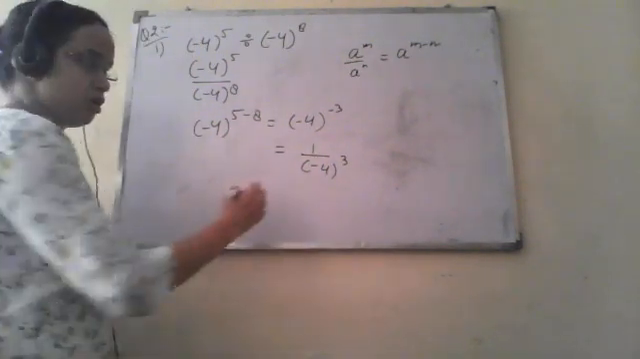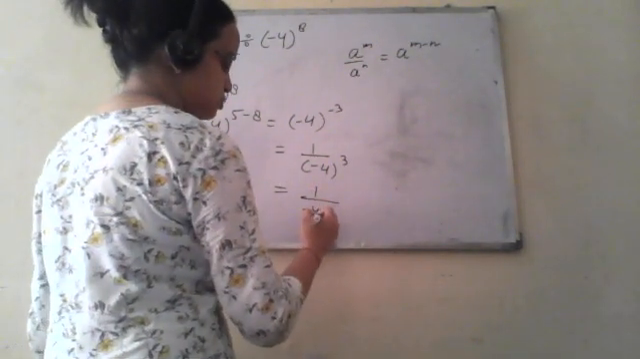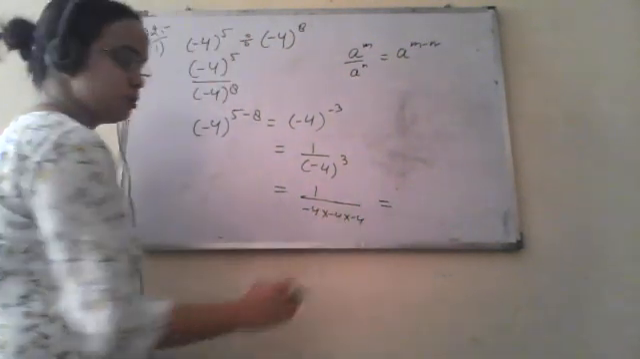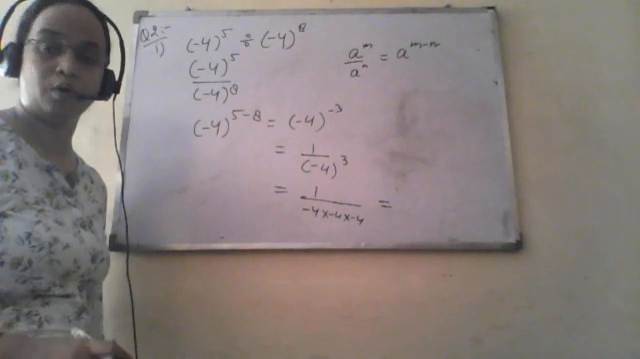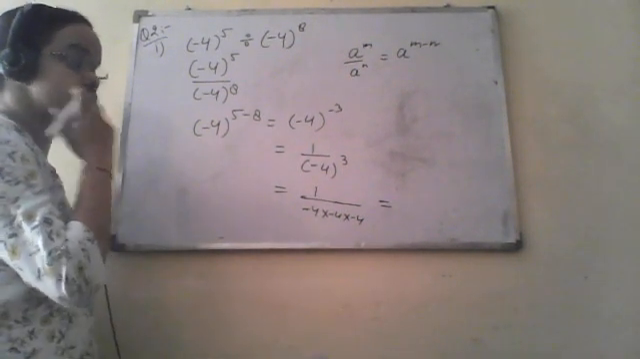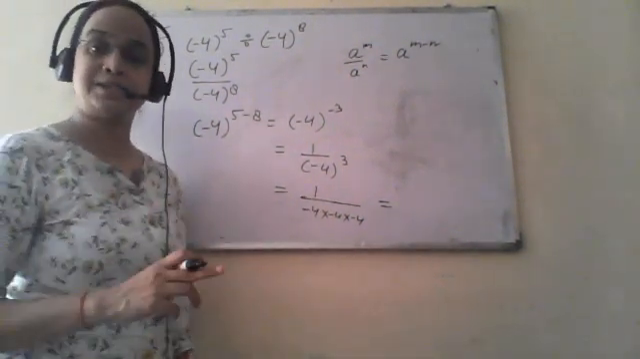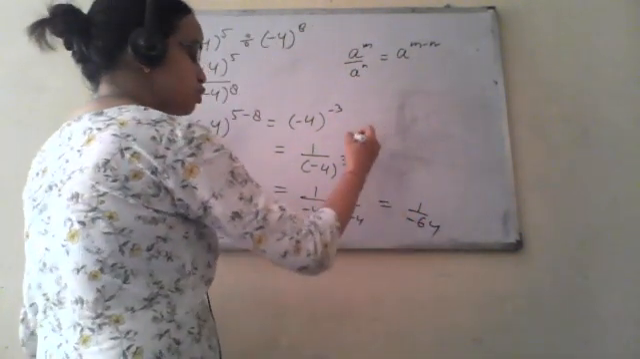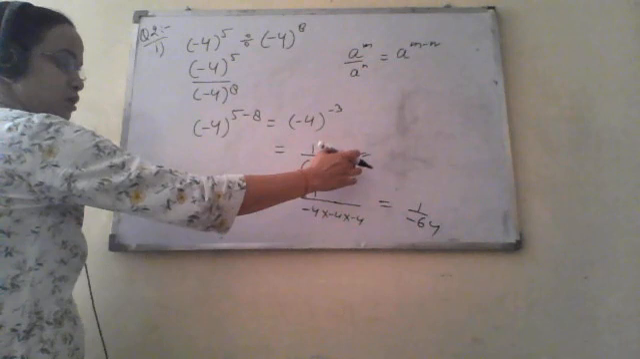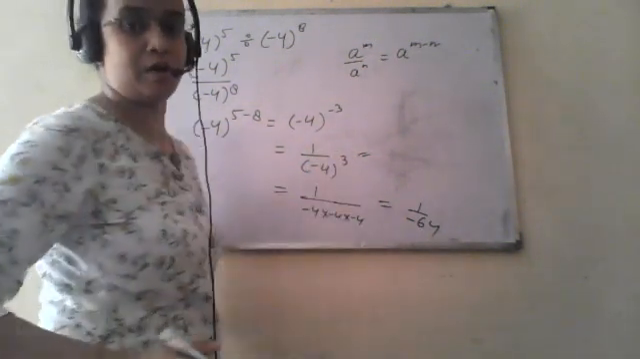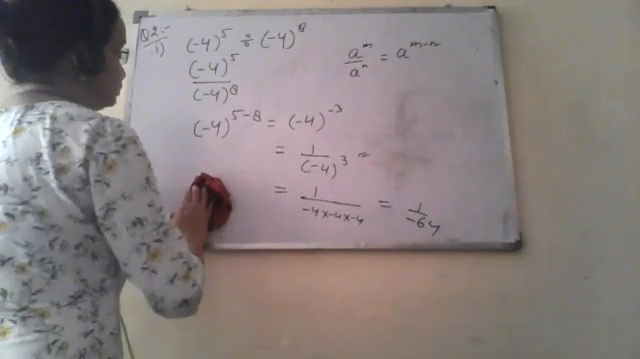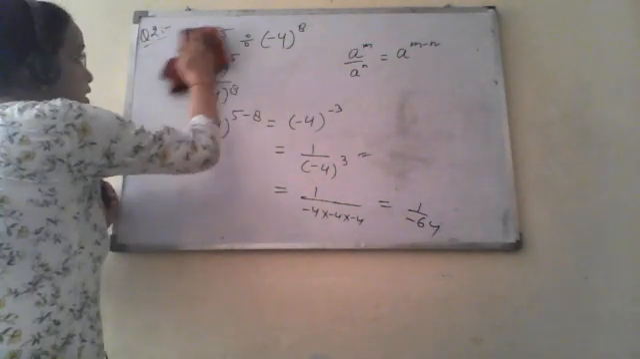Further, if you want to solve, it can be written as 1 upon minus 4 into minus 4 into minus 4. Now minus 4 into minus 4 will be plus 16, and plus 16 into minus 4 will be minus 64, so 1 upon minus 64. So you have to write up to here, in the representation of a positive exponent. So the second part is,